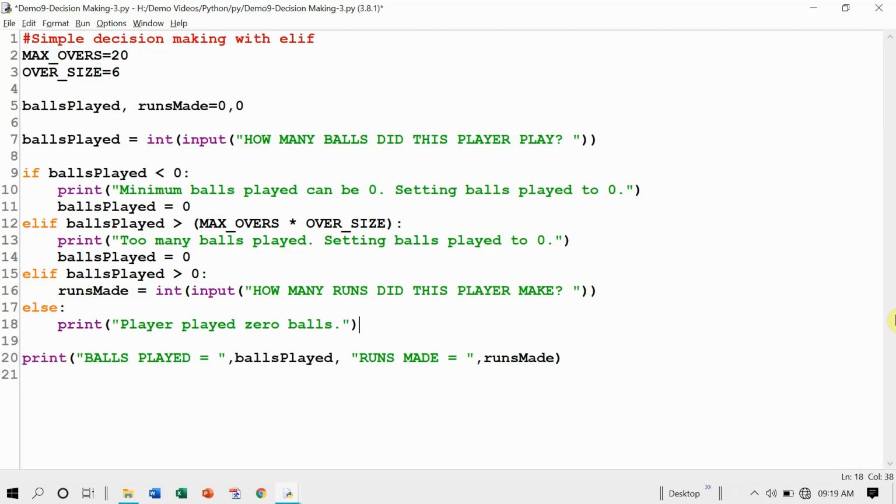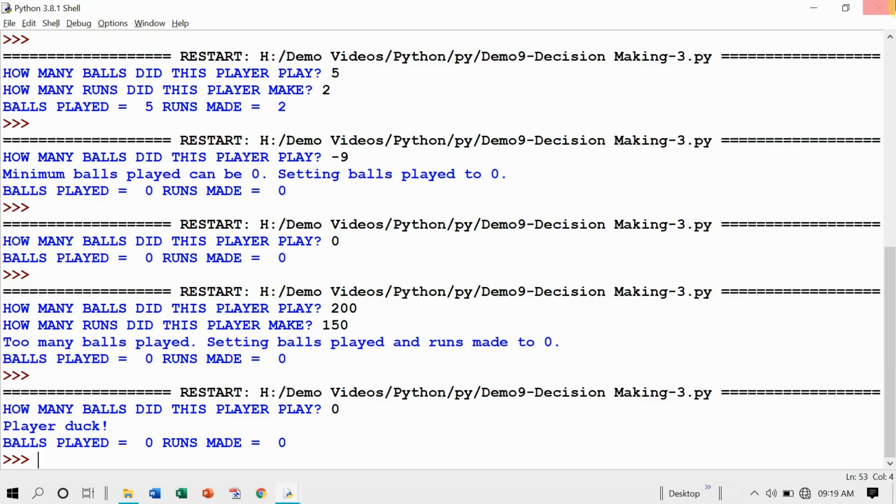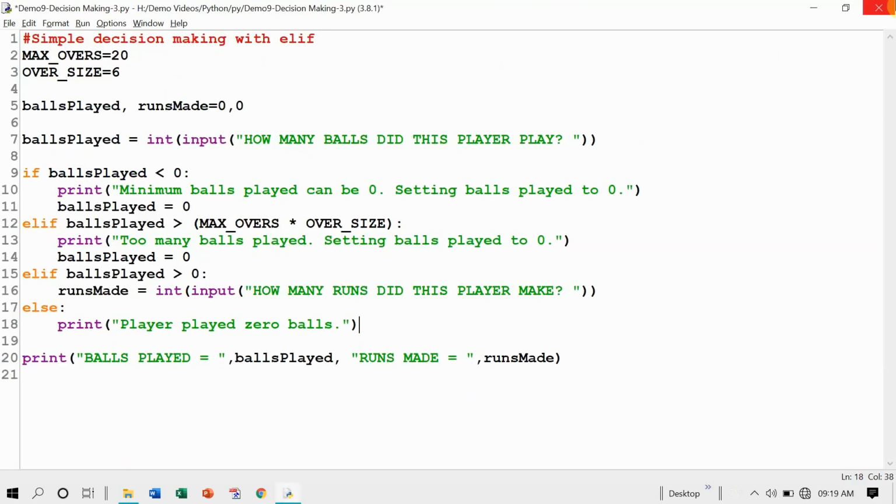So the program is well structured now. Let us check it out. All possible conditions are taken care of: the balls played beyond the limit, the negative number of balls, and if the user has actually played certain balls, then the runs made are asked.